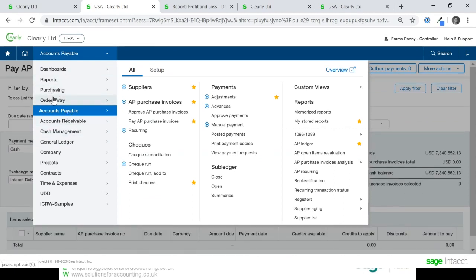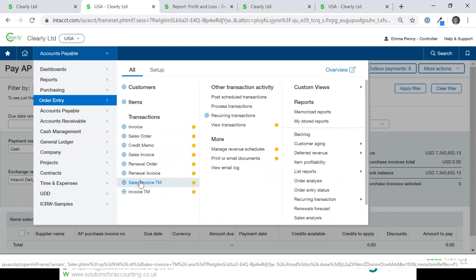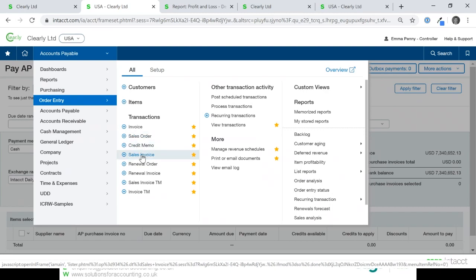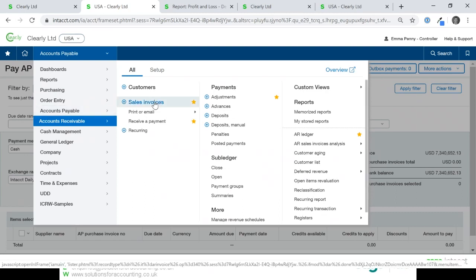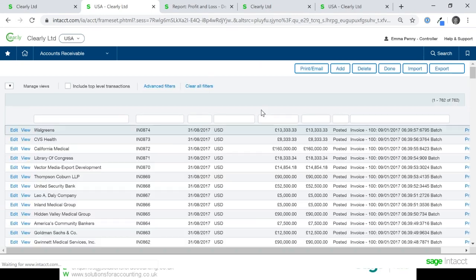Okay, the order entry system, which is your sales order process, is very similar. You've got the idea that you can create your various different transaction definitions. Certain definitions can be converted to other definitions, and then each different definition has its own set of posting rules. And likewise, if you were to create a sales invoice, you're going to see that reflected in your accounts receivable. But for now, I'm just going to pop into here and create a sales invoice.